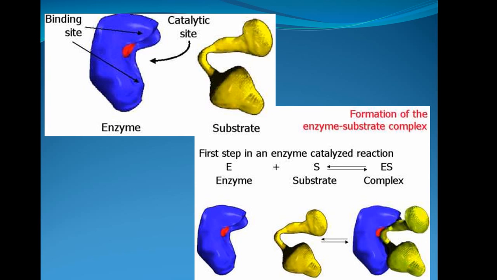Now see, we have learned that there are different steps in an enzyme catalyzed reaction. You can see here the enzyme is in blue color and the red color present in the enzyme indicates the active site. Active site is the area where actual catalysis or reaction takes place. Adjacent to the active site is the substrate binding site. Now see, the yellow color compound is a substrate, and this substrate is coming and binding with the active site of the enzyme, and the adjacent parts are the substrate binding site where the substrate is allowed to bind with the enzyme strongly to form the enzyme substrate complex. So this is how you will get an enzyme substrate complex.